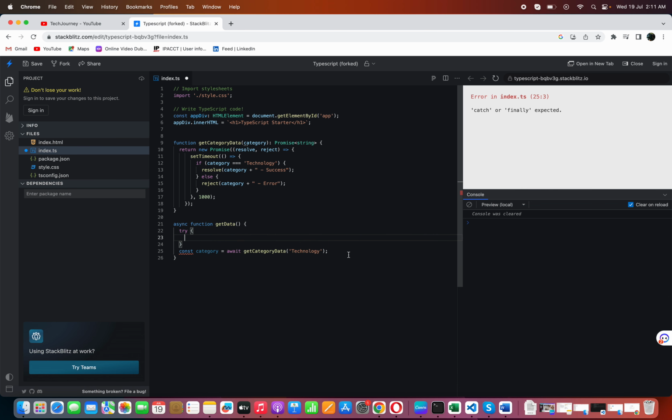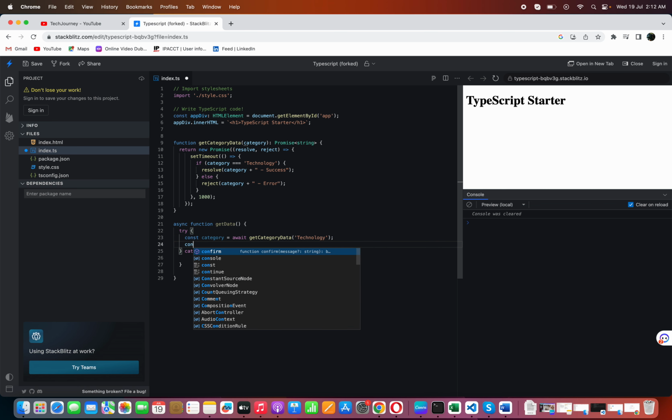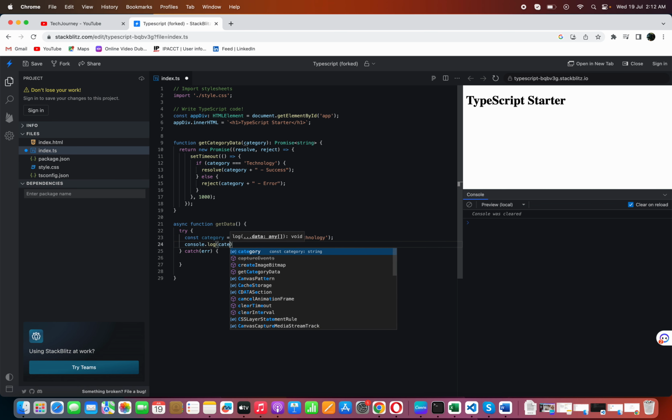And to get the data you need to use a try catch block. Likewise, we are using the then block, right? In the then block we have the success result. Similarly, in the try block we have the success result, and in the catch block we will get the error data. But we need to use the try catch block to get the category data, otherwise it will not be printed at the immediate line, because it will treat the previous line as a synchronous line, right? So for example, if I use the console.log of category, right,